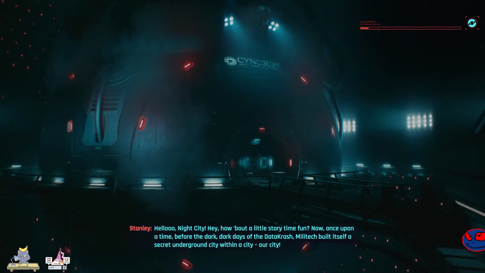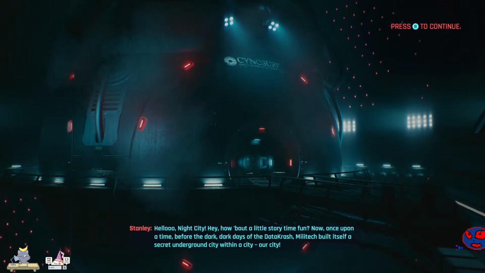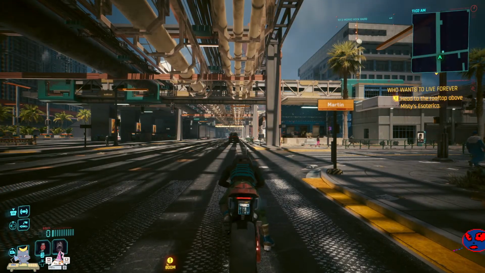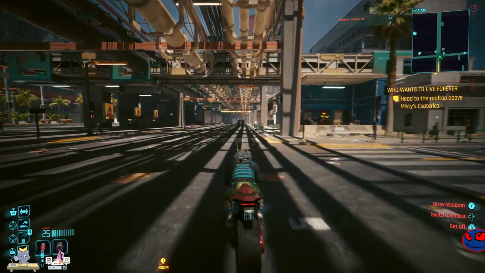Hello, Night City. Hey, how about a little storytime fun? I think Now, once upon a FSR time before doesn't the dark, use that dark much days of the resources data when crash. in doing frame generation compared to